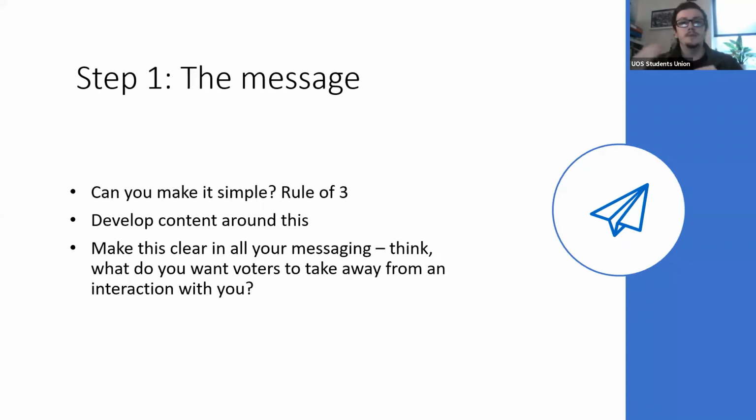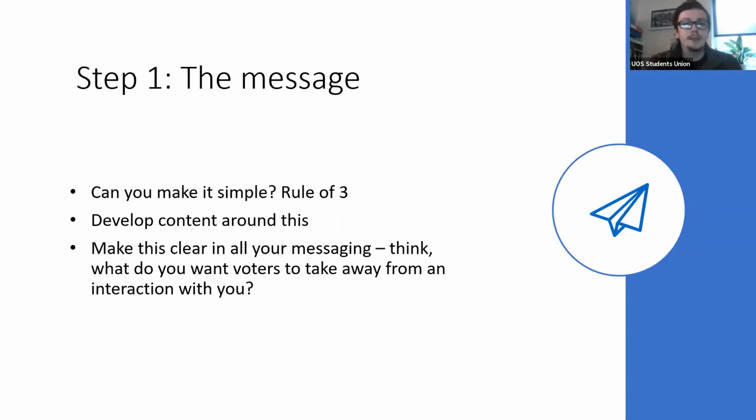You could list three quick points on a graphic online, or if you're doing a really short video, you could rattle off three quick points. If you're messaging someone on Facebook, you could just do three quick bullet points: if you take away nothing else from this conversation, remember these three things. If you can take all of that stuff that you want to do and condense it into three easy to remember points, it's good, because it's easy for you to remember, but it's also easy for voters to remember when they're going to vote. They can think, oh, I know that person, they said they wanted to do that and that, and I can remember what they said to me.